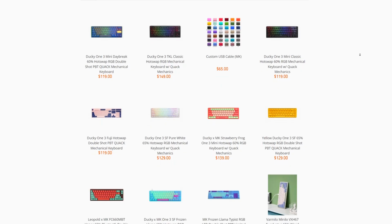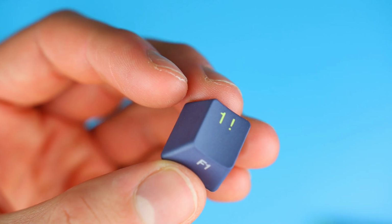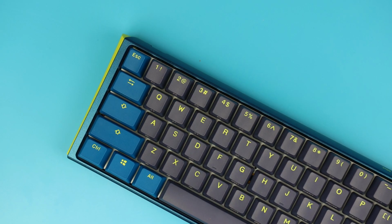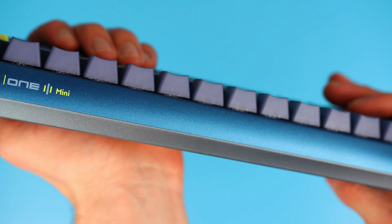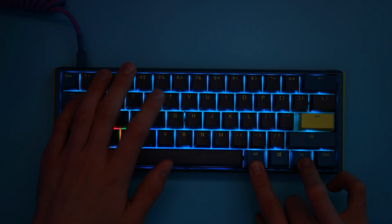One of my favorite things about the DUCKY 1.3 Mini is they do come in a bunch of different themes, like this one they call Daybreak. It comes with very high quality PBT keycaps. They match each of the themes that you can choose from, so I wouldn't end up replacing them because they match really nicely with each of the different themes cases. This keyboard is very good, so good in fact I almost put it at number 3, but instead at number